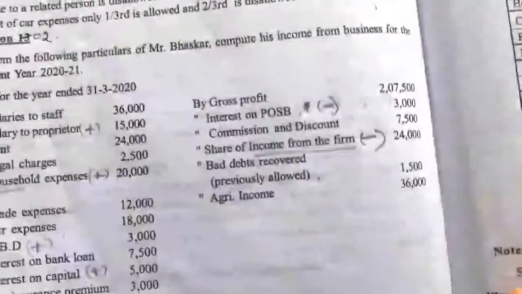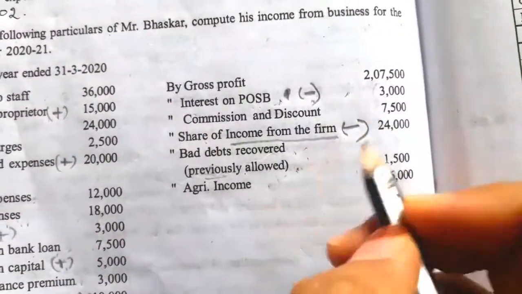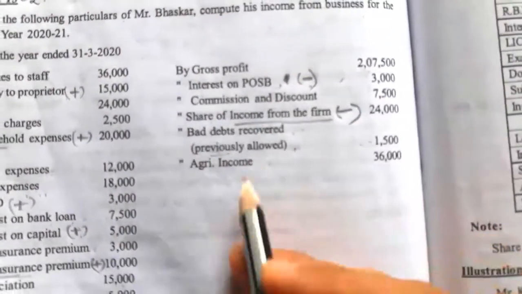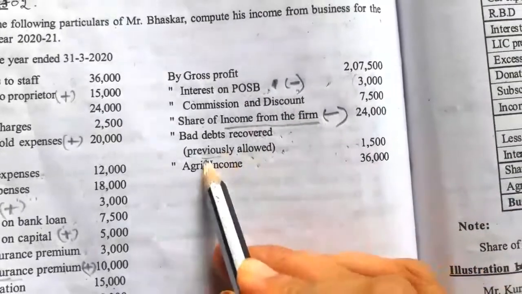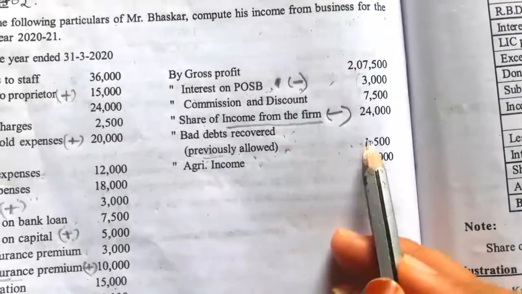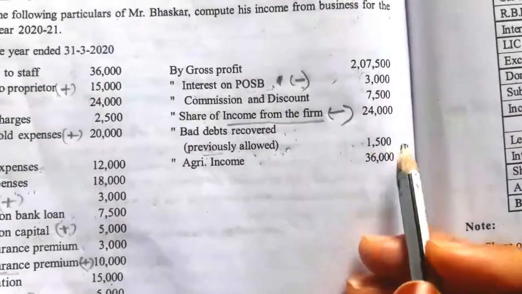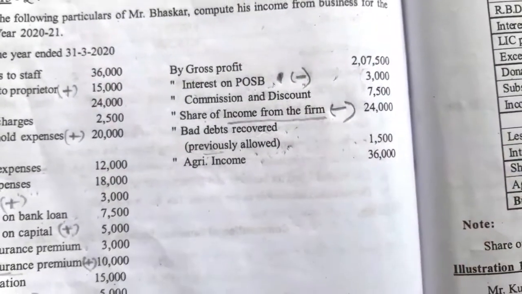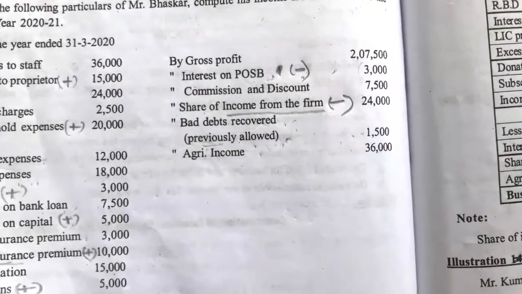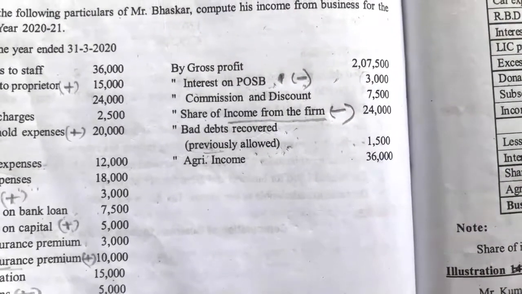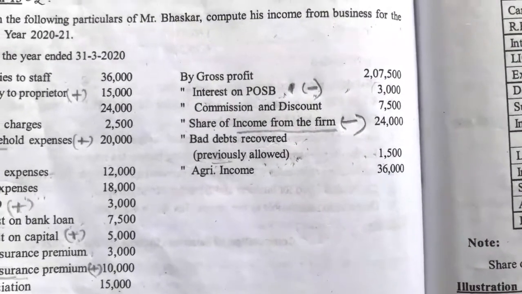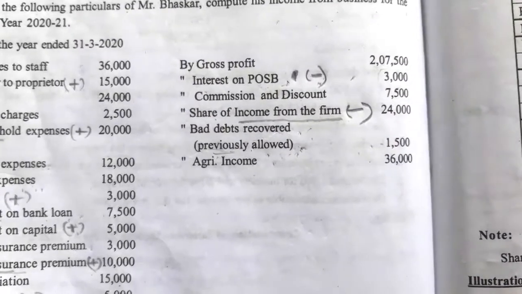So that's why we have to keep it as it is. We should not cancel it, because if we cancel it, it means we have to deduct. If the bad debt recovered was previously allowed, we should not do anything. If it was disallowed earlier, then we have to deduct, as in the format I have shown. Previously disallowed means we have to deduct, so we need not pay tax on it.